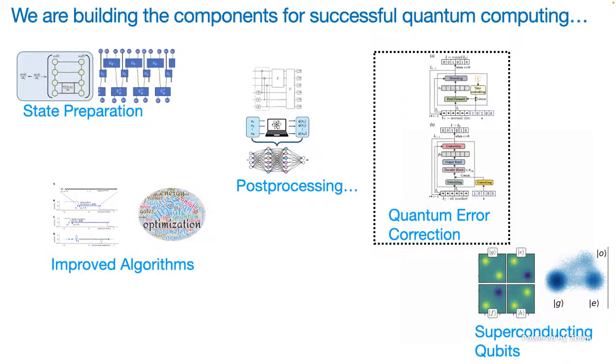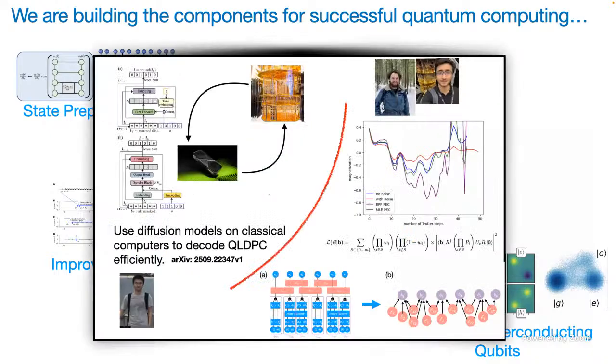And then finally, beyond all of the algorithmic pieces and the minor detail of building it, you need to get error correction. So a major problem with quantum computers is that they're extremely error prone. And so what does that look like? Well, really, you're spending about 99% of your time on a quantum computer doing nothing but essentially correcting the errors.